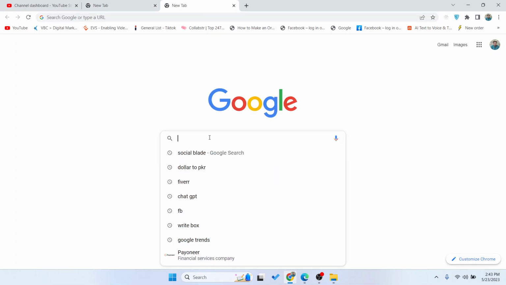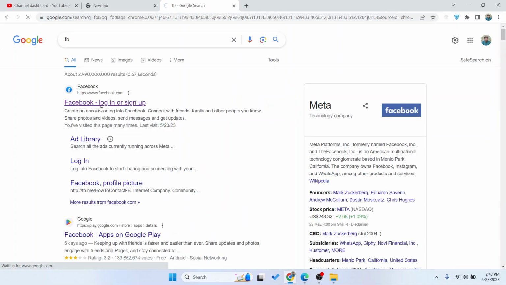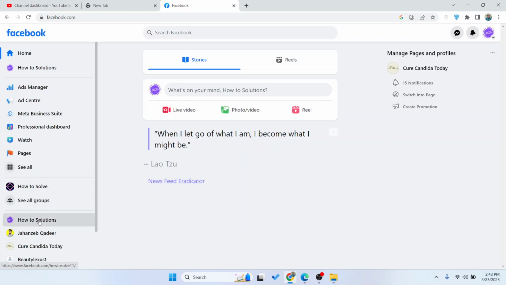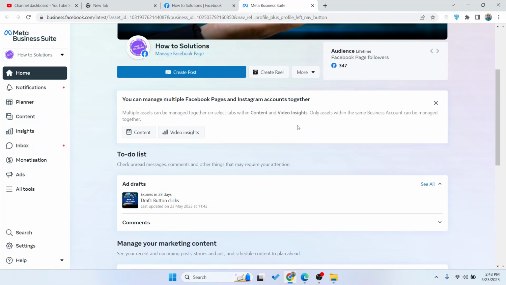So the first step you simply need to do is to open Facebook and log in to your Facebook account. Once you've done that, you simply need to select your page and go into the Meta Business Suite. Once you are in the Meta Business Suite, you simply need to click on settings,